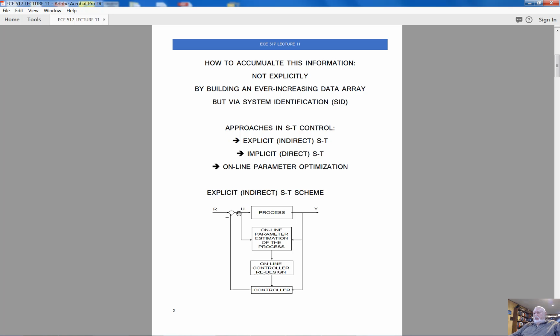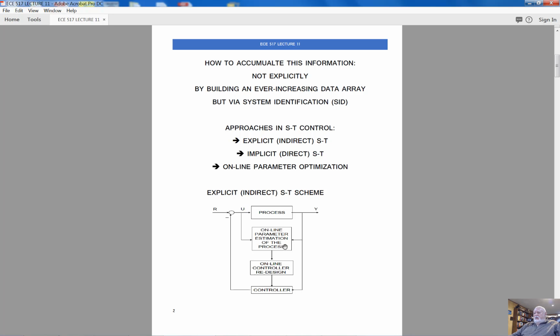This is the control effort applied to the process, and this is the system response or the controlled variable. What we do, we continuously monitor input and output data on this controlled process, specifically the control effort and the output of the process. We accumulate a significant data array,